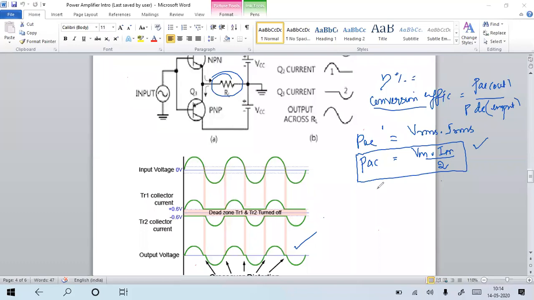Power DC is V into I, where V is the supply VCC, and I is the operating current, that means VCEQ into ICQ. VCEQ is VCC from the VI characteristics, but IC goes to 0. So when no signal is given,